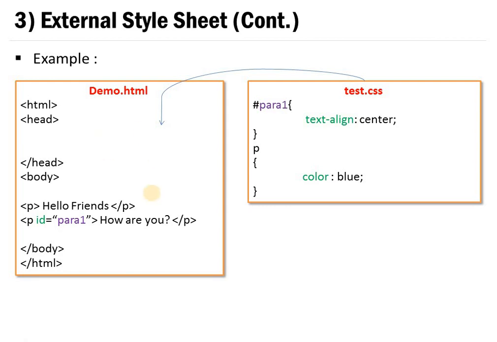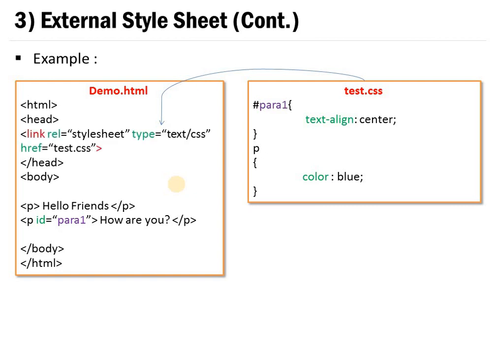So this is your HTML file and this is your CSS file, but you have to do something so that whatever you have written will be reflected in your HTML code while you run this file. It is not like you keep it separate and you will see the reflection of your CSS code in your HTML file. You have to take certain steps to reflect this. So how can you do this?